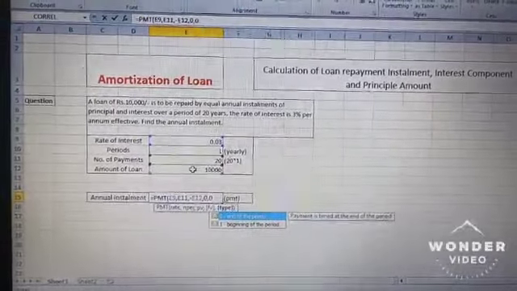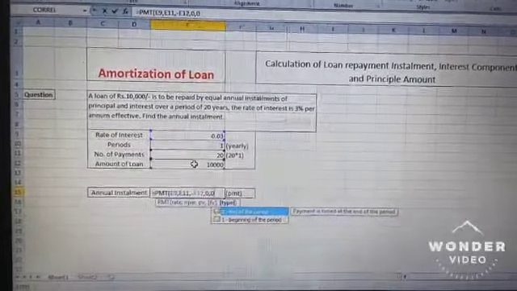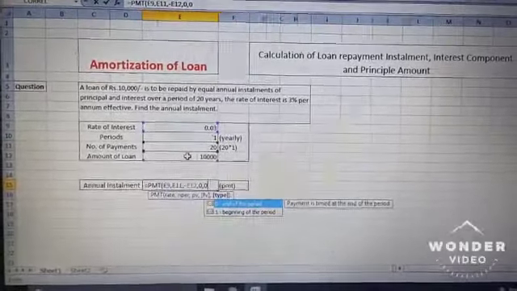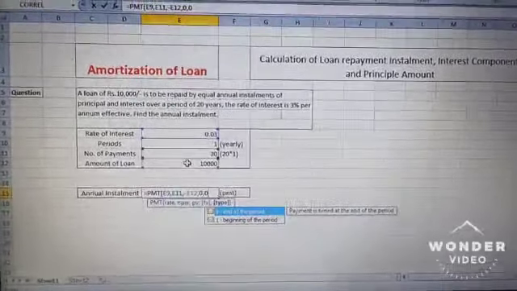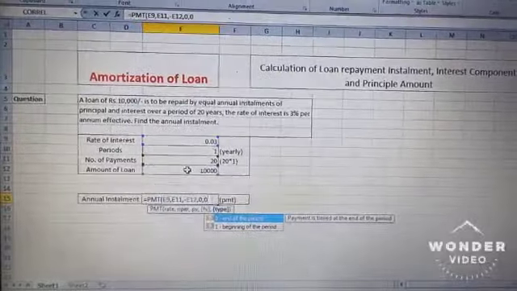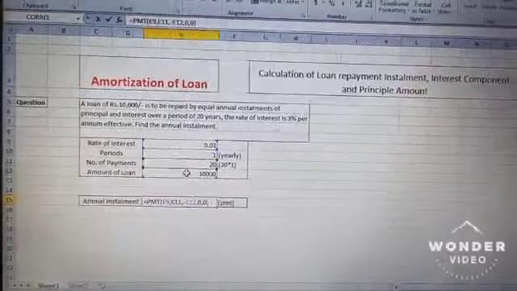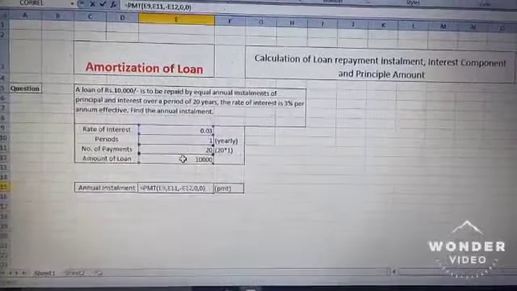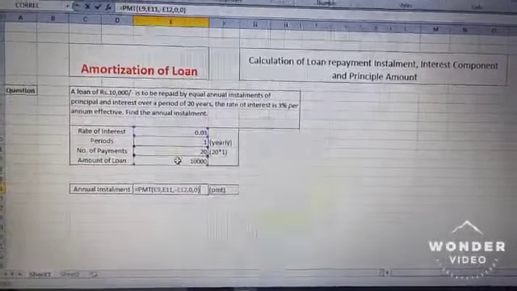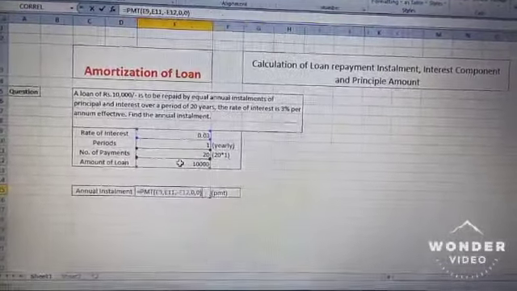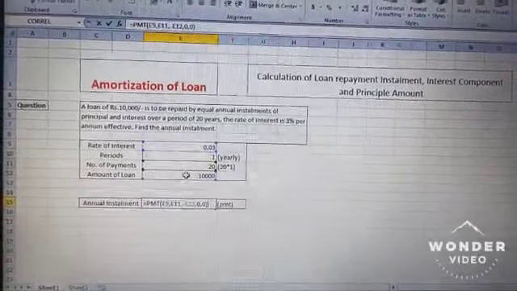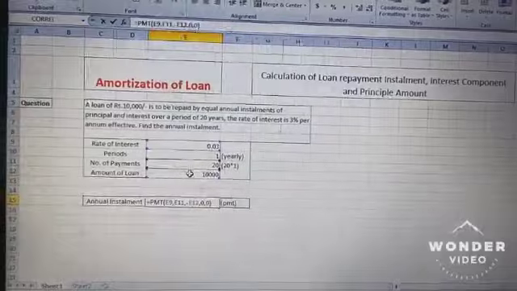So like I already told you in the class, when nothing is mentioned in the question, it is always end of the period. So 0, bracket close. Now because both the amounts are 0 and 0, there is no future value. So if you don't enter this and just end your formula at E12, your answer will be the same. So we are pressing enter now.